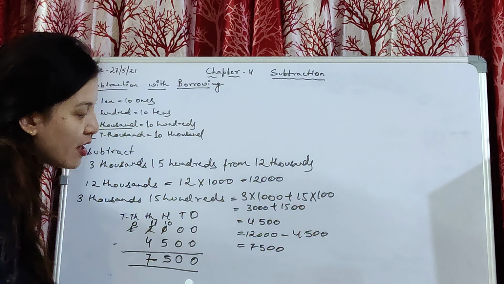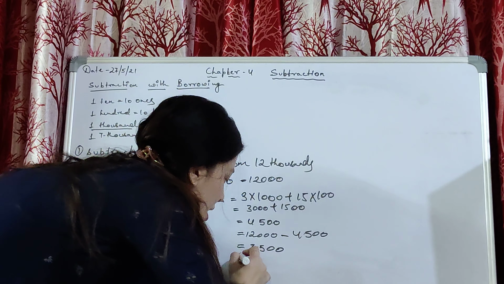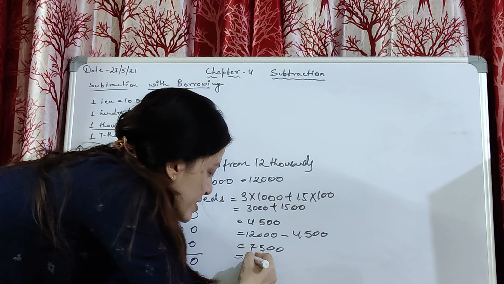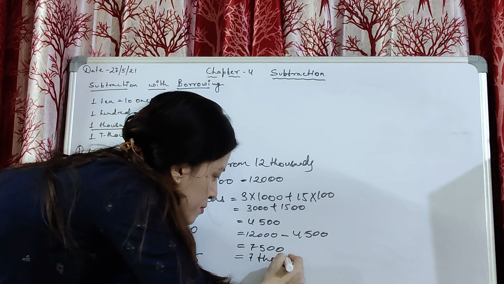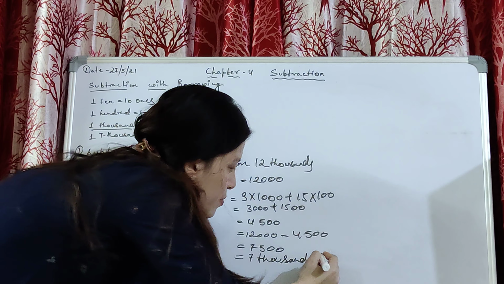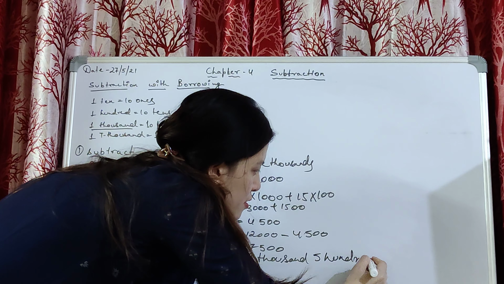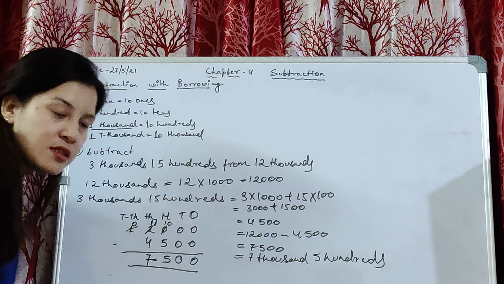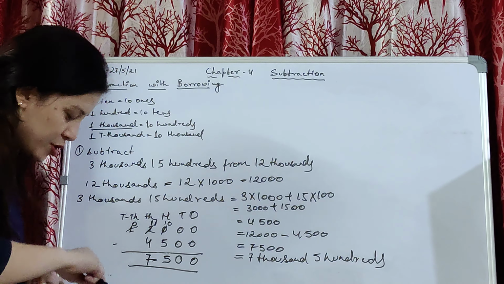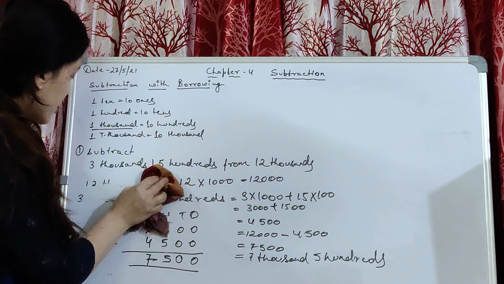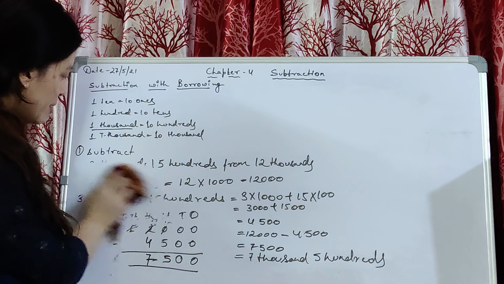Okay, 7,500 can also be written like this in words. अगर आप if you will be asked to write it in words, you will write 7,000. Okay, 500. That's it. This is how you're supposed to solve this question. Okay, now let's take another example. Okay, now we will be learning